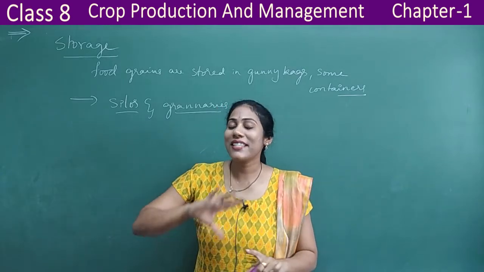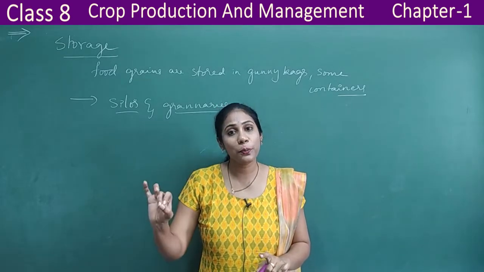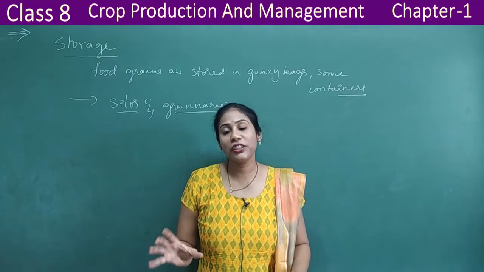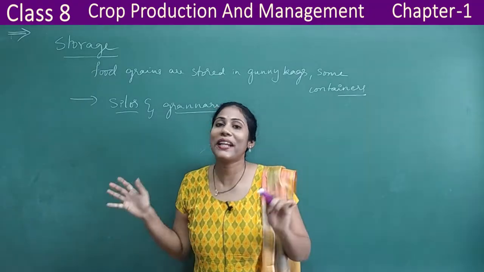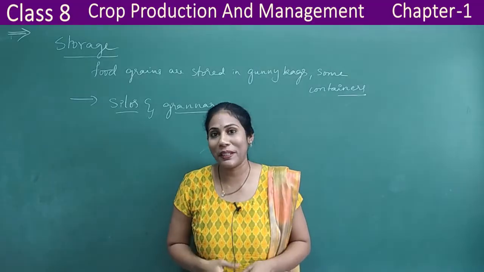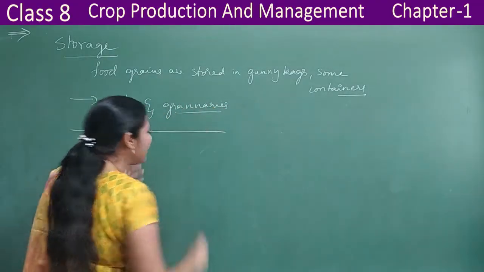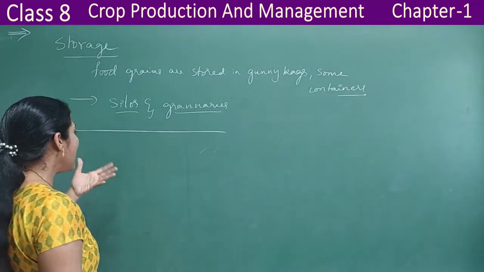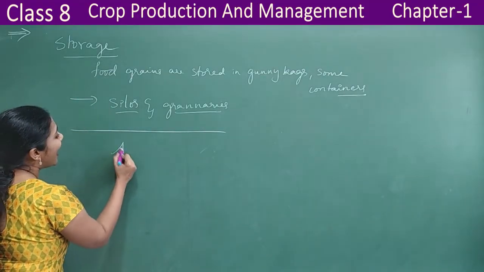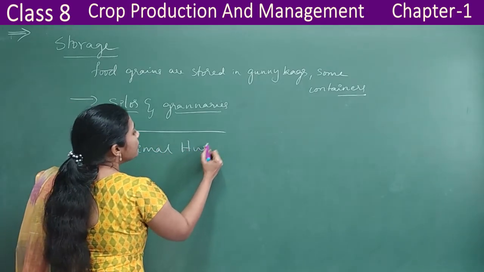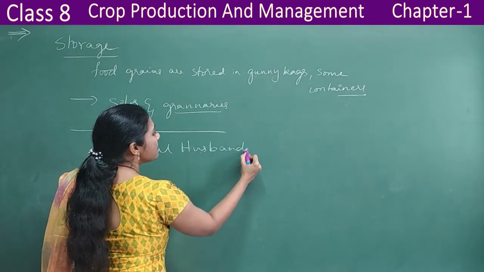So these are the 7 steps that have to be taken care of properly in food production to get maximum yield and to get maximum benefit from cropping. Clear? Fine. And now, last but very important, we are going to learn something about animal husbandry. So what do you mean by animal husbandry?